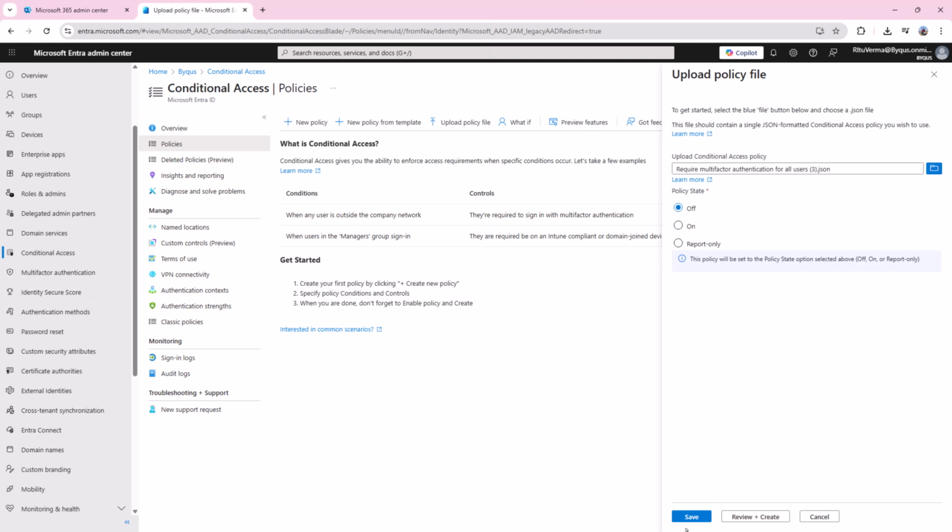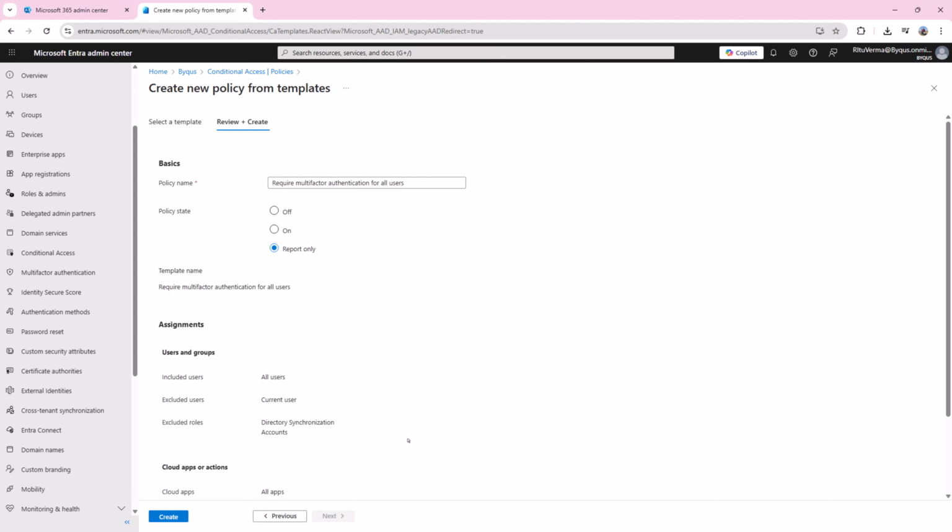So we will go and create new policy from template, require multi-factor authentication for all users, and here we click on next. Now we will understand this conditional access policy. Now the policy name is require multi-factor authentication for all users. The name that I want to choose is demo1.